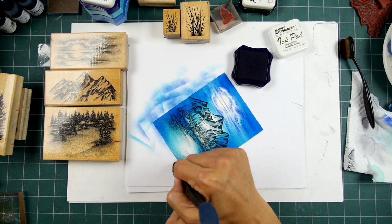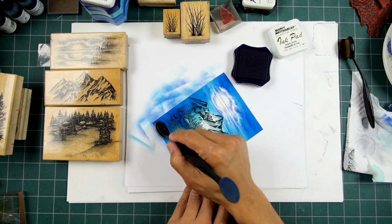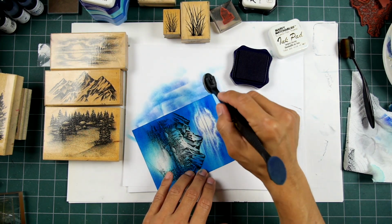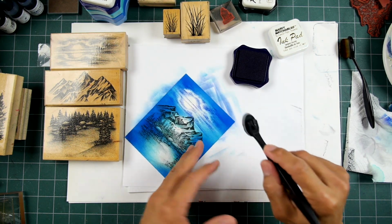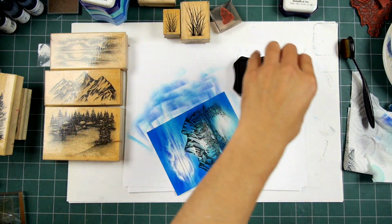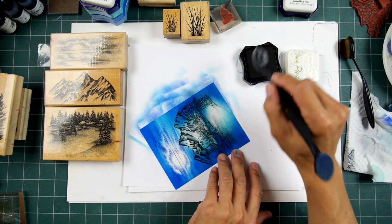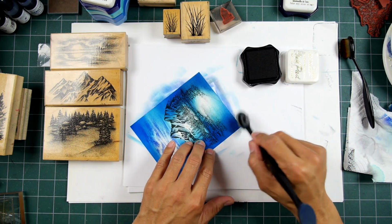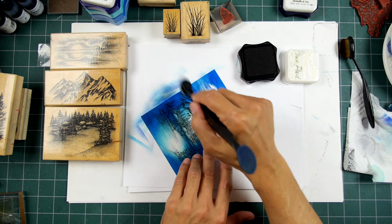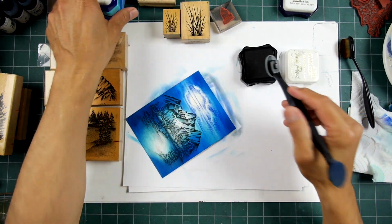I haven't tested out every ink on the market, but I have never come across any that even come close to the brightness of Marvy before. There might be certain colors that are very bright, but none across the board are nearly as bright as Marvy. They just add a little bit of intensity to things. But sometimes it's too much. I don't want everything looking like hot green or a neon green meadow, where I'm doing green grass and whatnot. So I typically like them in conjunction with other pads that are a little bit more mellow and earthy, but I like that kind of inner glow that Marvy inks provide. And unfortunately, they don't have these pads in the color-coded cases, but they do have blank cases and